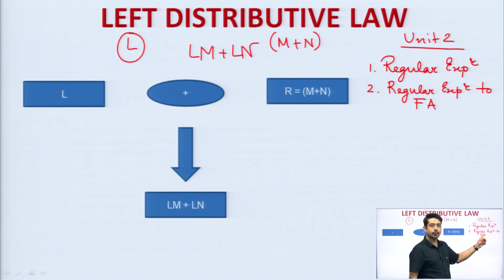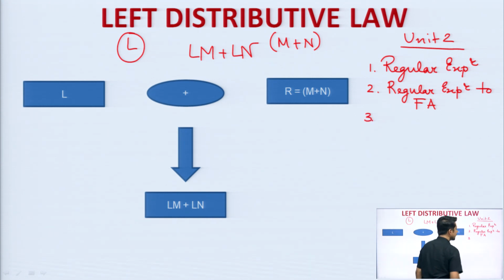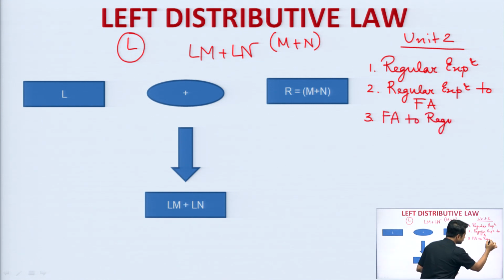So, there I have shown you some of the basic expressions from where you can convert to a finite automata, and then I have discussed a few of the examples with the help of which you were able to convert to a finite automata. Got it? Number 3rd, this hierarchy you should know, so that it will be helpful for you to analyze. Then next you have seen finite automata to regular expression,